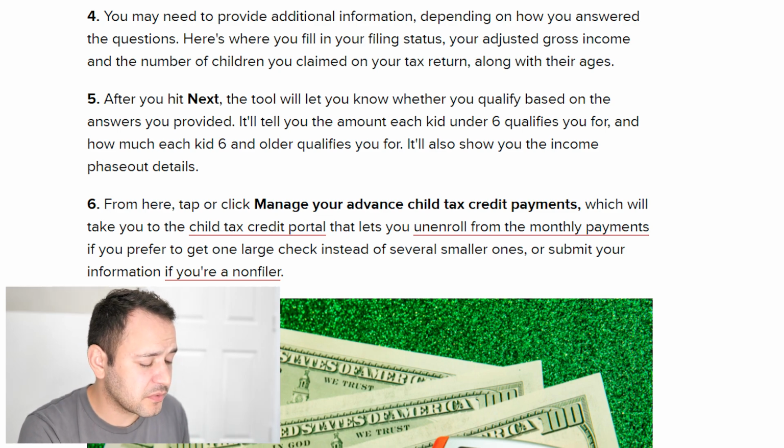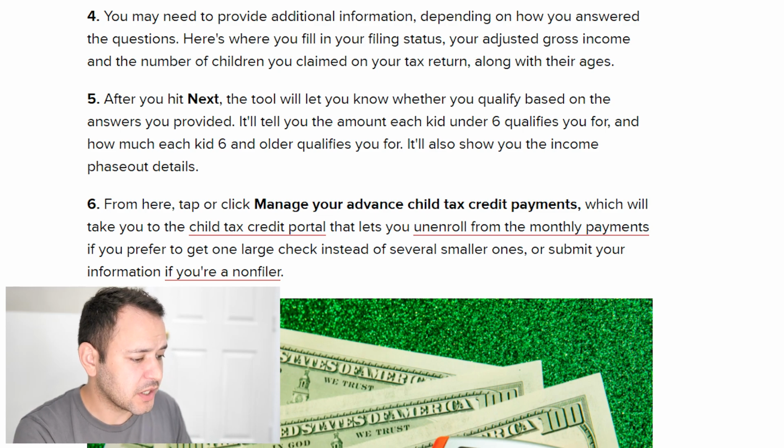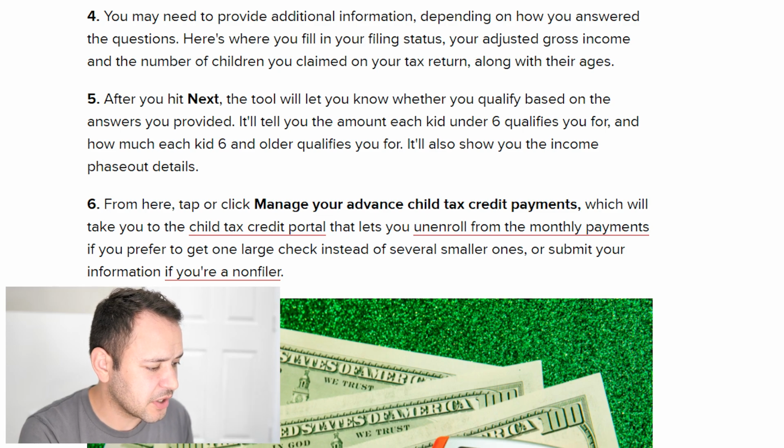It'll tell you the amount for each kid under the age of 6 that qualifies for you, and how many kids ages 6 and older qualify as well. It also shows you the income phase-out details. Number 6, from here, tap Manage Your Advanced Child Tax Credit Payments, which will take you to the